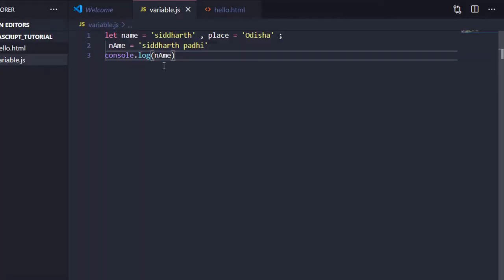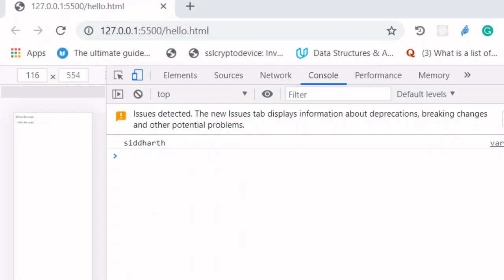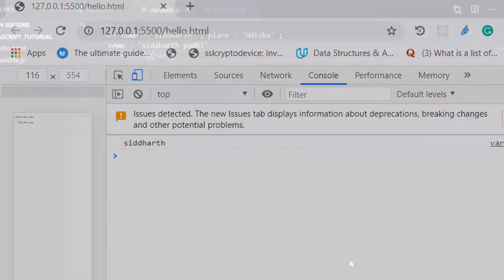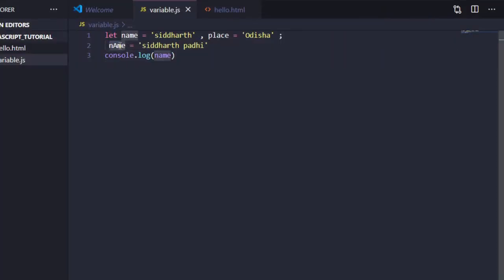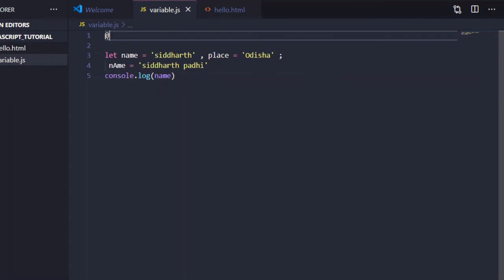So if you use a name, then we will print out just that. Okay, you can see if we use variables without let or any keyword, then it will let in serious bugs in our application. So for this we use a method called